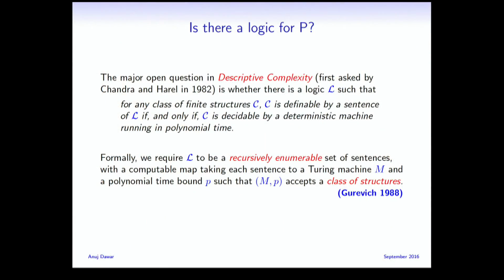Okay. Gurevich conjectured that this is not possible. So in other words, he was implicitly saying there's no logic for P. That is Yuri's conjecture, formulated here, that there is no logic for P, and so in particular P is different from NP. I mean, not just that, but that graph canonization is not in polynomial time. That's true. Yes. So he actually believed that at the time. Okay. Well, I don't know. I mean, I still think this is plausible, right? Okay.